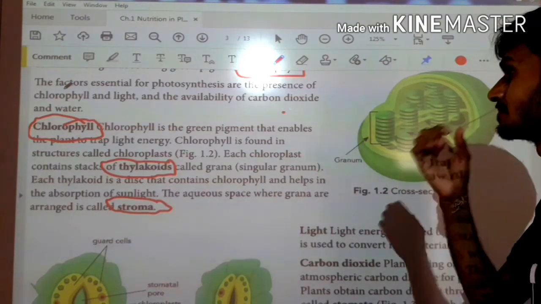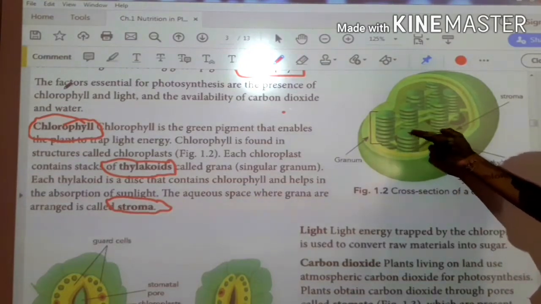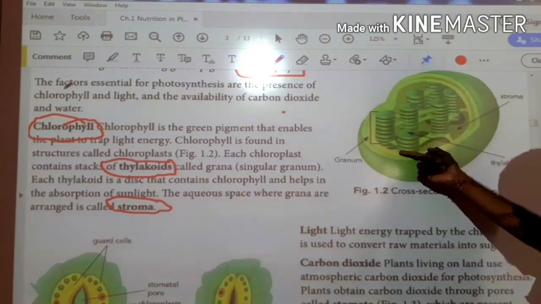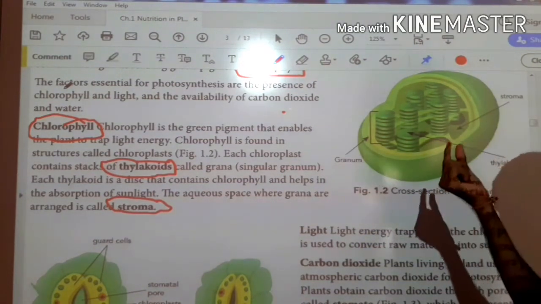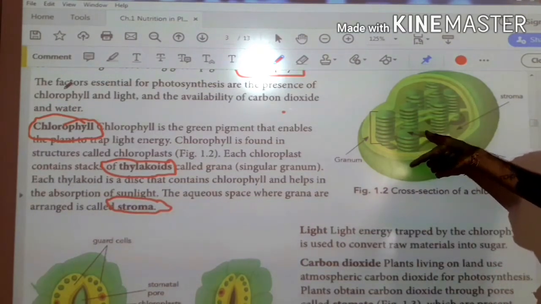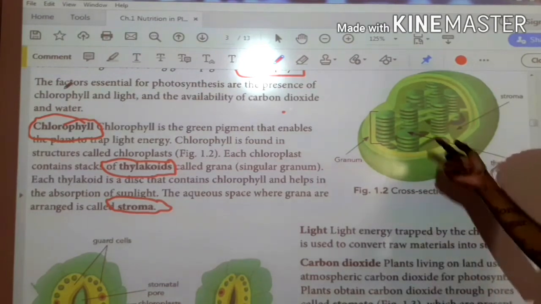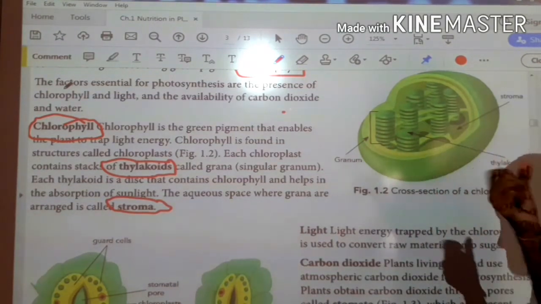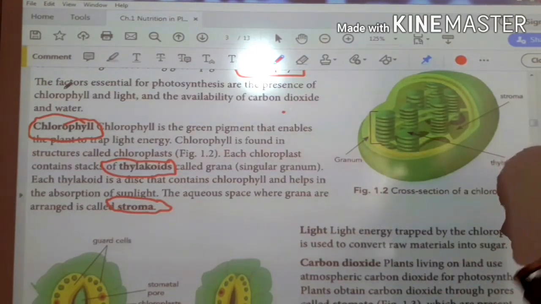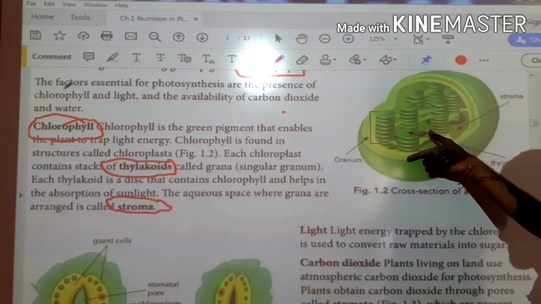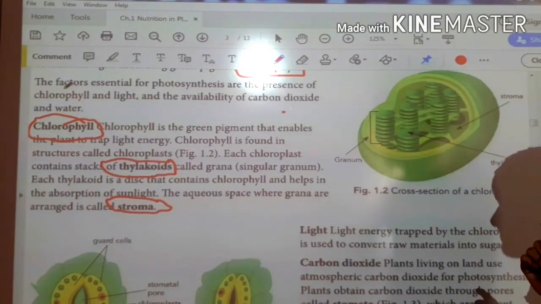Okay. Now let's see what is this one. This is called as thylakoid, right? It is the one stack. This stack is made up of thylakoid. There are so many disc-like, coin-like thylakoid. When joined together, it makes one stack. This is called as stack of thylakoid, and each disc is called as the grana, right? And this disc is also called as granum. If there are more, that is called as grana. If it is one, disc-like structure is called as the grana.